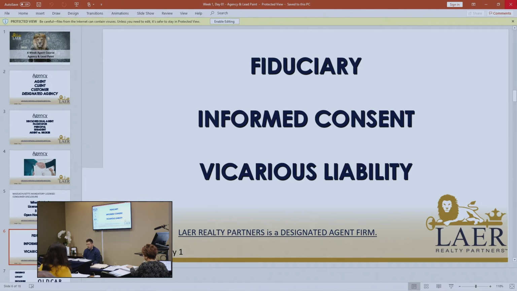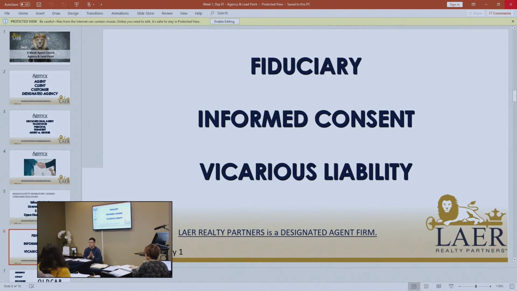So vicarious liability is basically being held liable for others' actions, and when we form this type of relationship, that is a very real fear. So we want to make sure anytime we're having someone, even on a dual agency form, if we're filling this out, that everyone understands it's in their handwriting if it's handwritten. A lot of this is electronic nowadays. You don't want to just be going through the motions, because if you do something wrong here, it translates into them not understanding you were working for them.